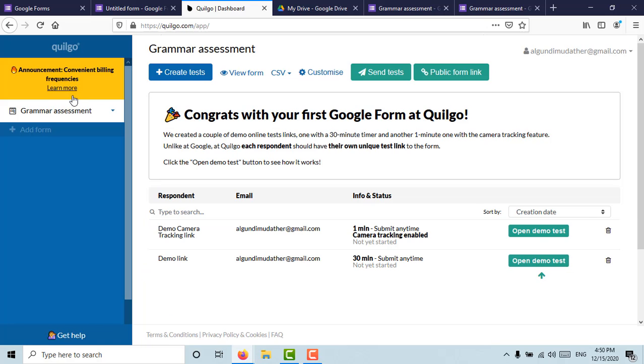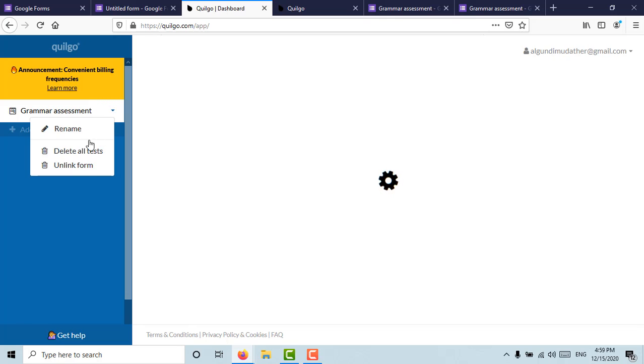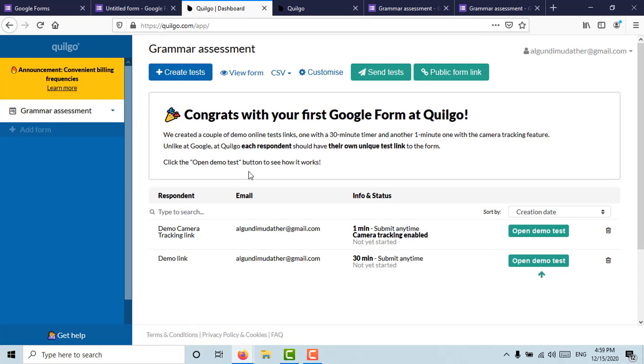When you go back to your own QuillGo, you'll find out that you have fields over here. Now when you get to your assessment right here, you click on your assessment. You can send the test from here or send a public form link from here. The problem is that this is a free version of the service. If you want to alter the time for the test,